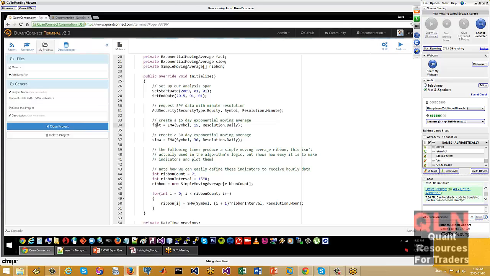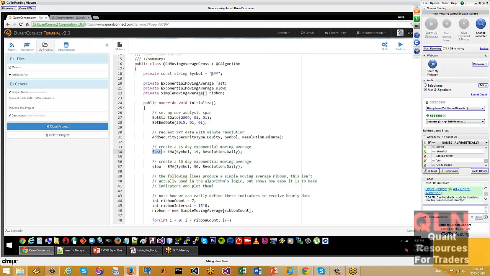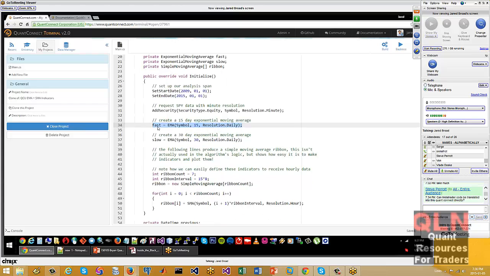So in this particular case, the fast object here will be a 15-day EMA on the S&P 500, on the SPY ETF. And so you can do all of that with one line of code, and then start using the fast EMA here in your strategy however you want.